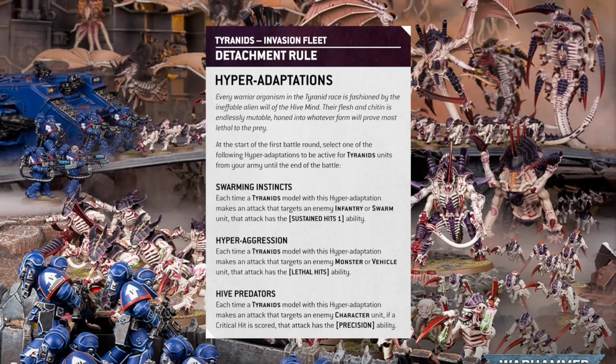Because you can pick hyper adaptations after you've seen your opponent's list, you can tailor your army to deal with any skews that you come across. So for example, you might come up against a green tide. You would then pick Swarming Instincts. All of your anti-infantry weapons just got that much more efficient, and the whole advantage of a horde army making